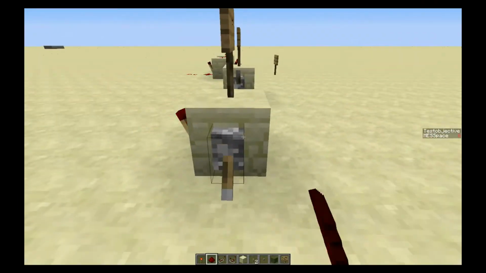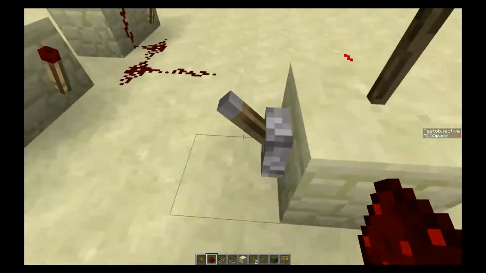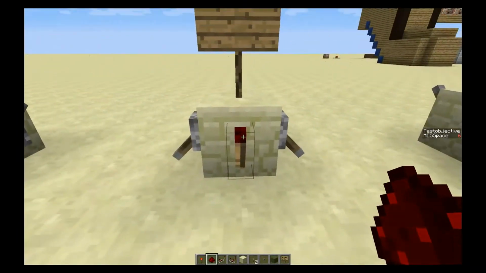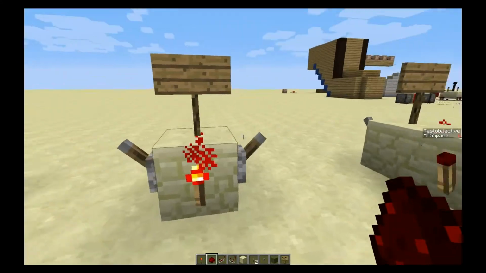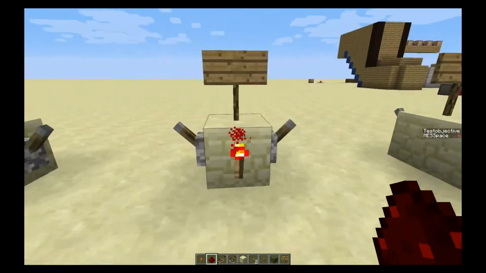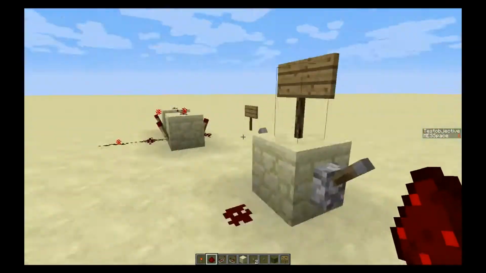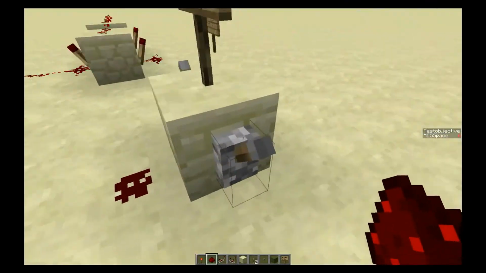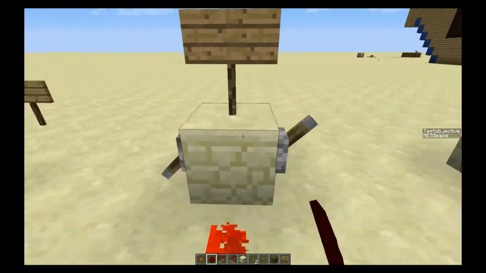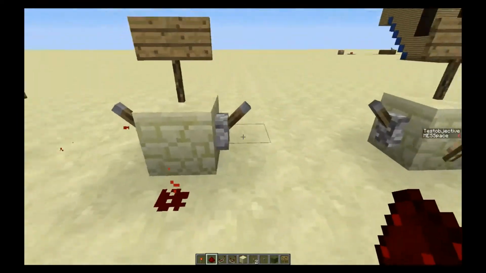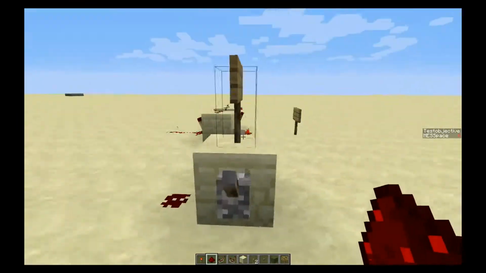This is the NOR gate. No matter which ones of these you have down, it'll always be off. It'll be off if one of them is down. If neither of them are down, it'll always be on. This is the OR gate. If either one is turned on, it will be on, but if they're both turned off, it is